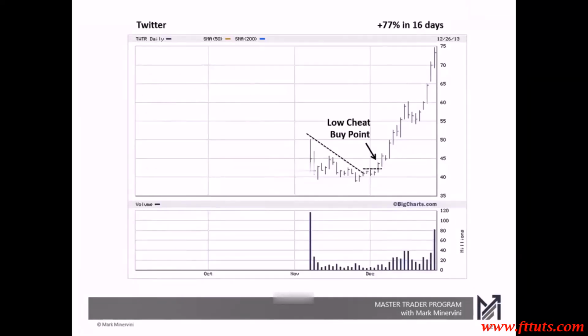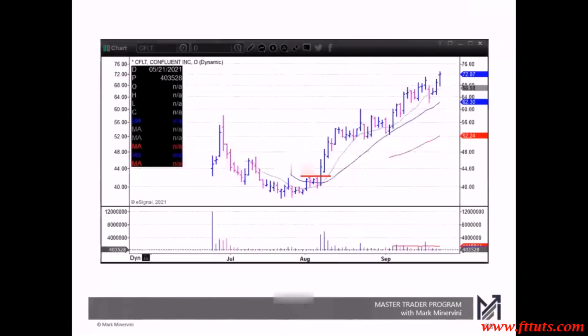Right out of there, if you time that right. Here's one just recently that I just saw, CFLT. This is a stock that came out almost identical too. Look how it sets up. It goes public, up a little bit, corrects, sets up that low cheat, and then bang, right out, right up